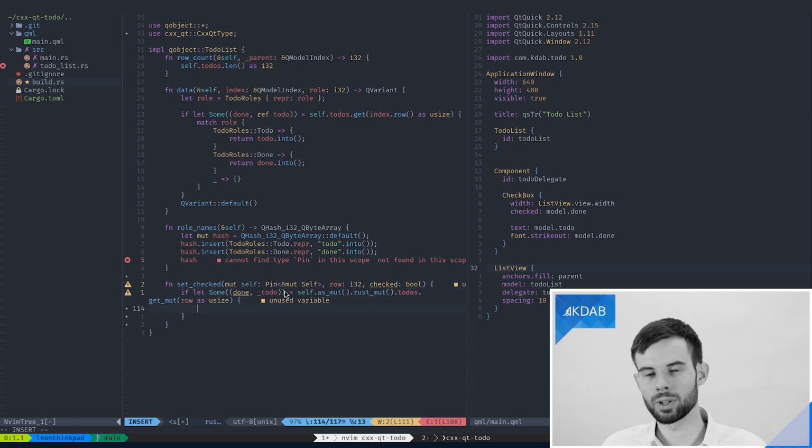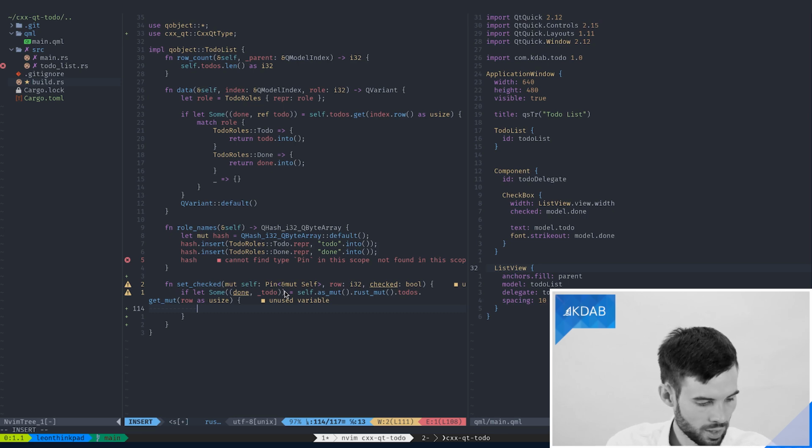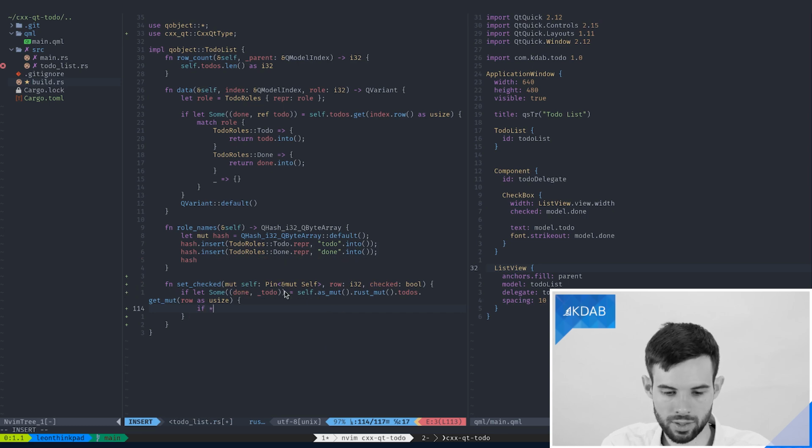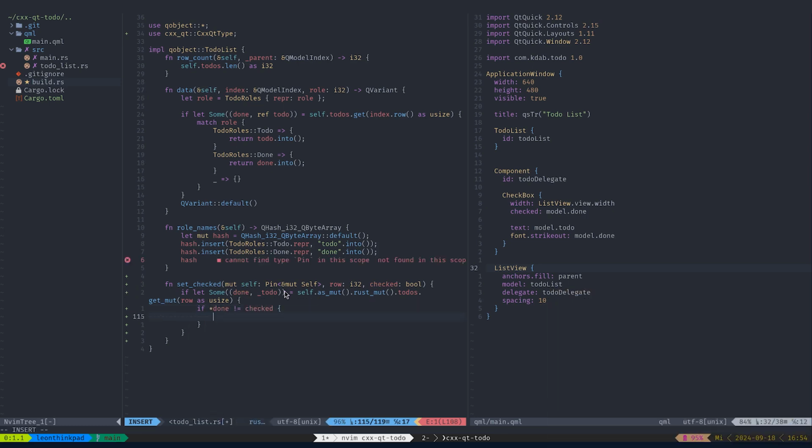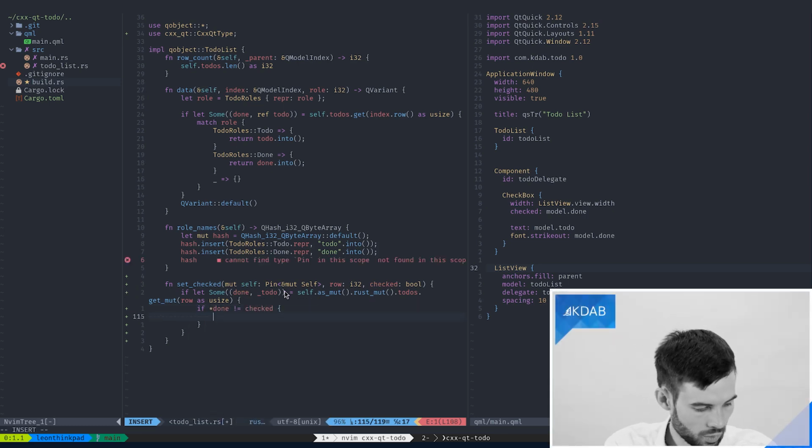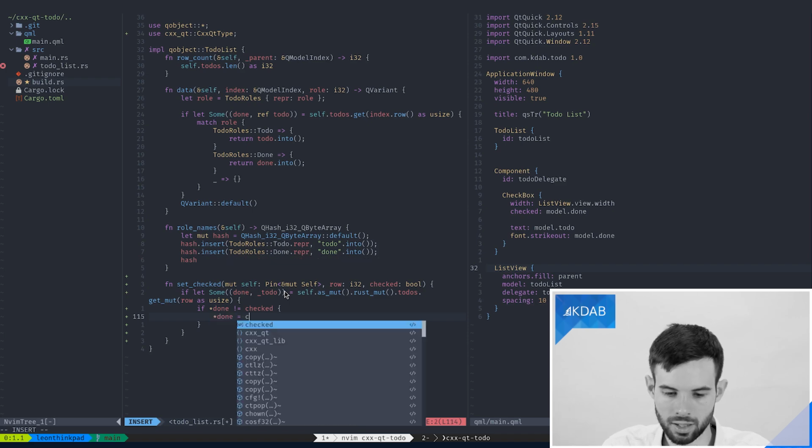So this is just some boilerplate that you'll quickly get used to, but it's something to keep in mind, and we are working to find ways that we can maybe improve the situation, but this is just how pin data is represented in Rust and how that works. But now that we actually have a reference to our done state, we can first of all check whether we actually have anything that changed. And if indeed something changed, we can assign the new value.